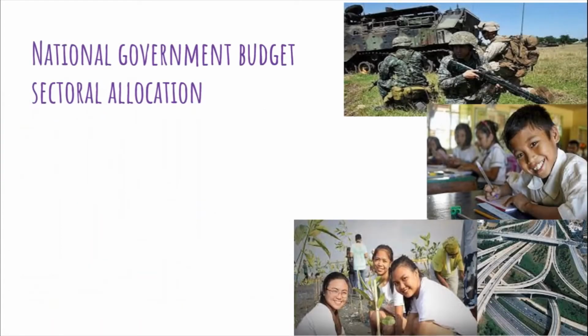Our national government also allocate budget to different sectors. Number one na dyan is yung allocation for the social service. So ano ba to? This include po yung education, yung culture, and manpower development, health services, andyan din yung social security, yung welfare and employment, kasama na rin dyan yung housing and community development and land distribution.